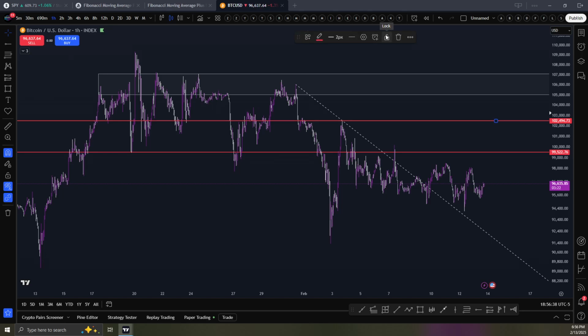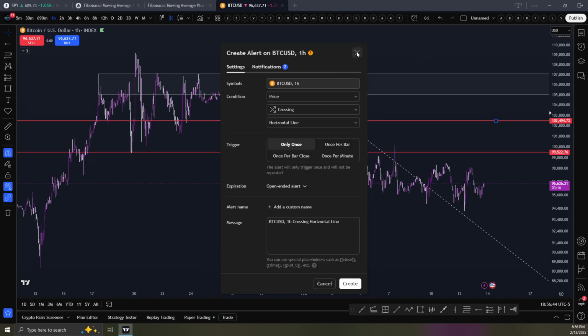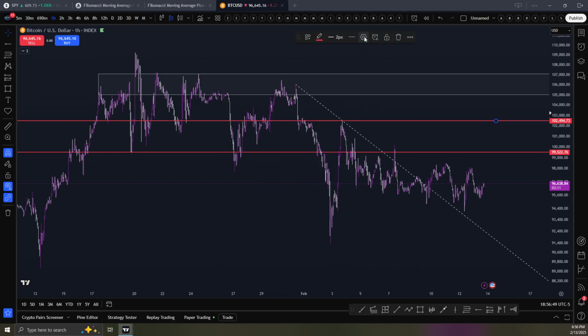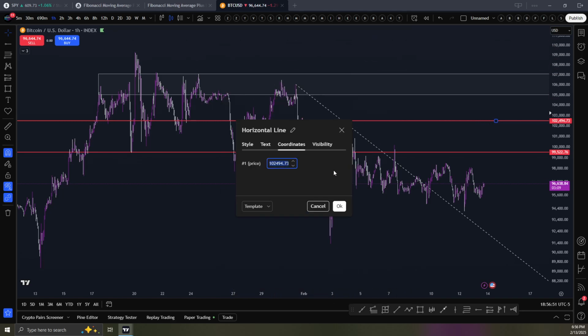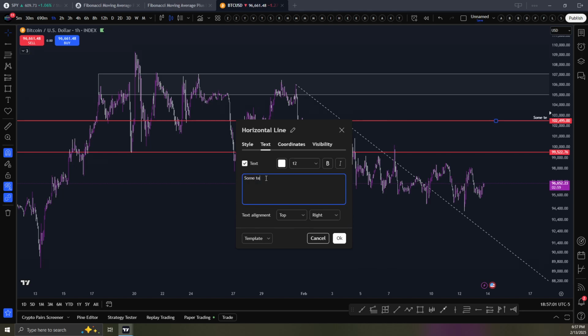There's a couple other buttons here. So you have lock, so that'll make it so you can't move it. You can make an alert on it. You can change some settings. So if you wanted it exactly at 102,495, you can do that. Type in the 5, it'll change where it's at. You want to put some text on it to say what it is, like whatever the